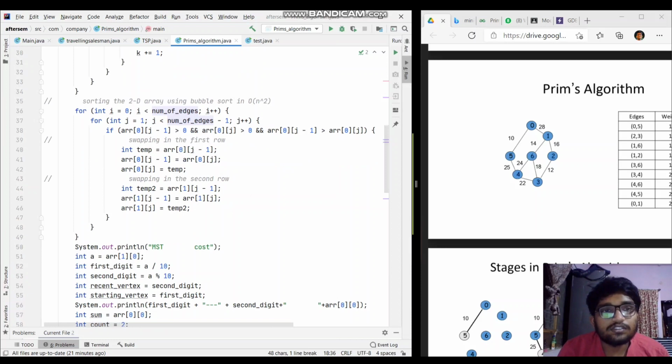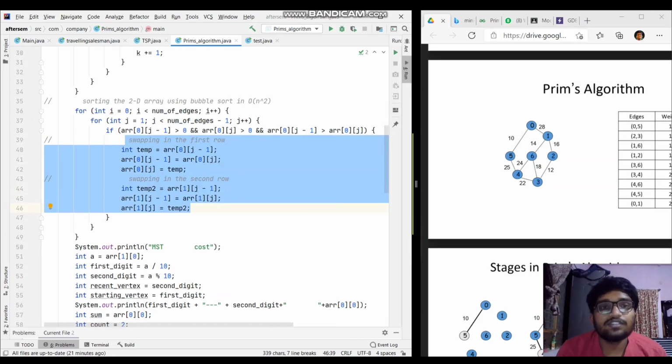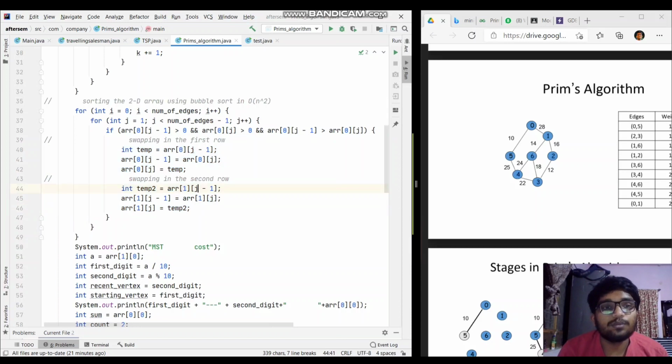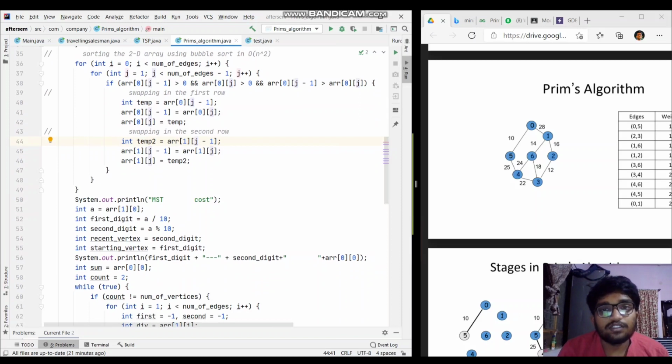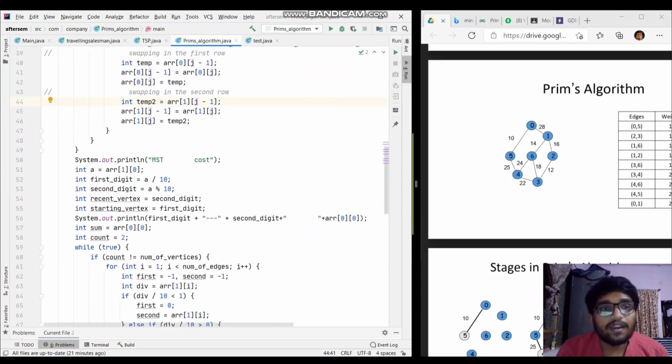So, for that purpose I have done the swapping twice. I mean, the first one is for the first row and the second one is for the second row. Next, I have a print statement called MST and cost. So we'll see it later. And after that, here